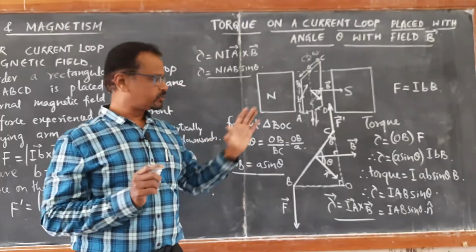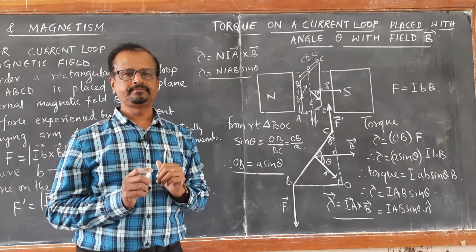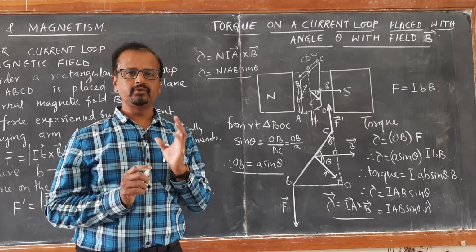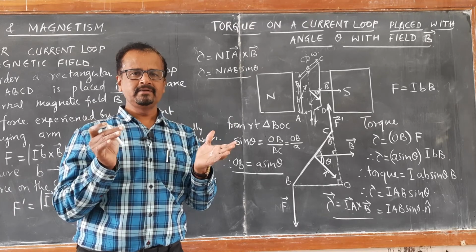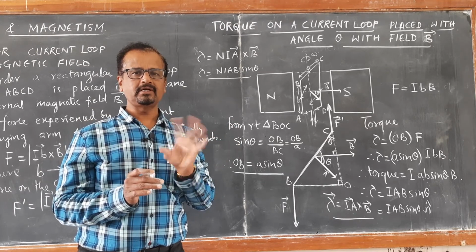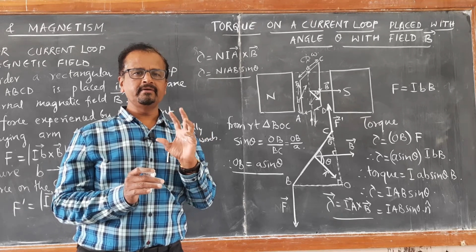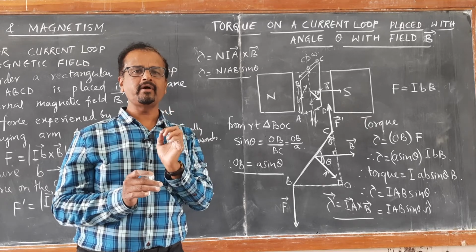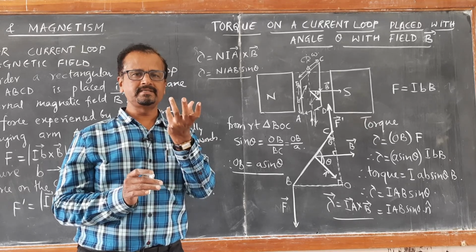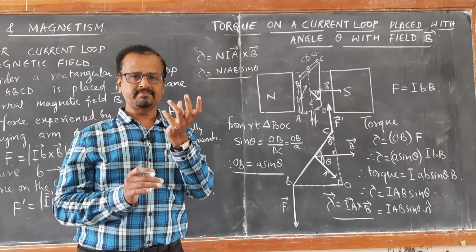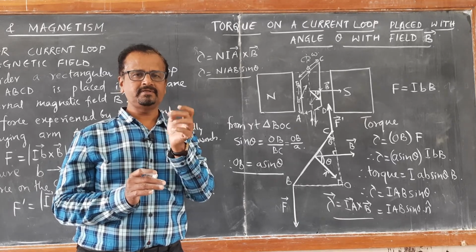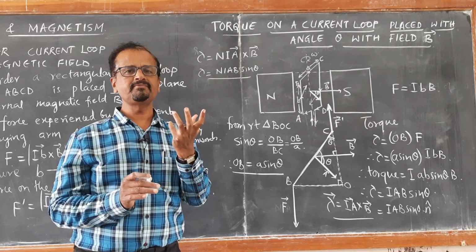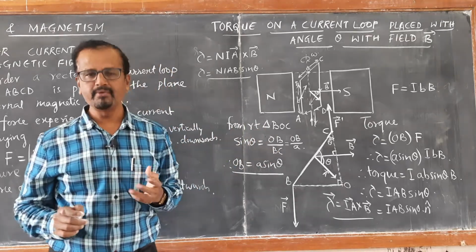So this becomes the principle of the motor. In motor, what do we study? A current carrying loop placed in a strong magnetic field experiences a torque. That torque leads to a rotating effect, turning effect of the coil, and the coil keeps on rotating, and that coil is connected to the blades of the fan with the help of shaft, and that's how we get the breeze. So that is the principle of motor, and same is the principle of moving coil galvanometer.